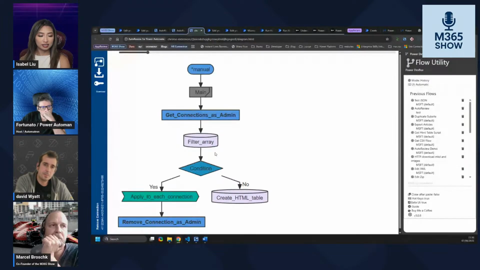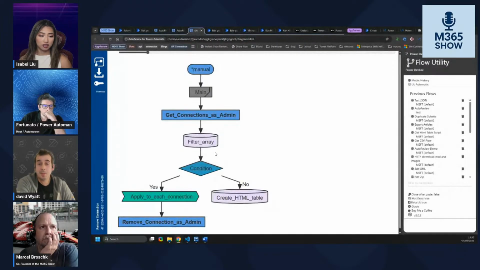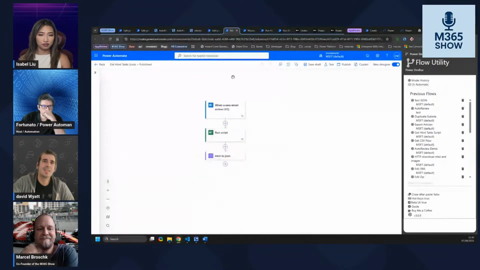I really like this. Thank you for sharing this, because I think this would actually help cut down documentation as well. If you're creating documentation, I am creating a diagram like this already and listing all the variables, especially if it is a very complex flow and you're passing it on to somebody else that doesn't really know what the heck is going on. So this is really helpful.